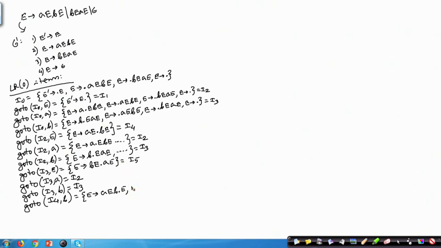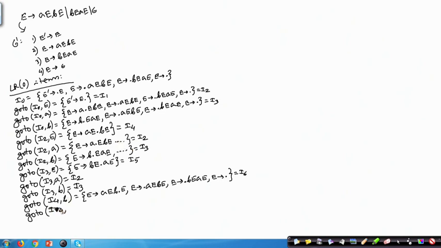So E producing dot A E B E, E producing dot B E A E, and E producing dot. So that is a new set I6. Go to I4 B we have done. I4 does not have anything else.